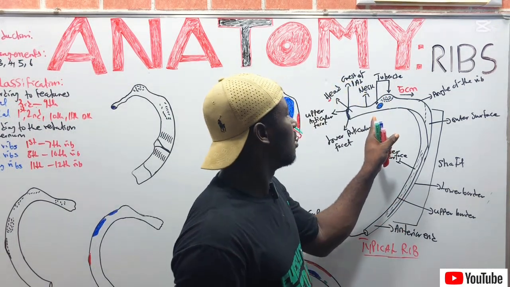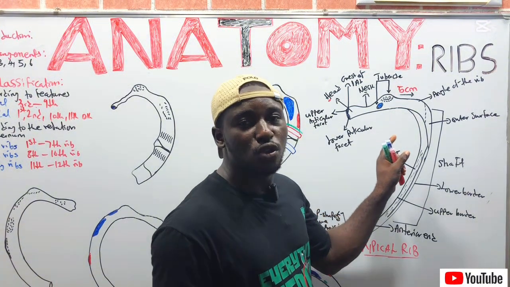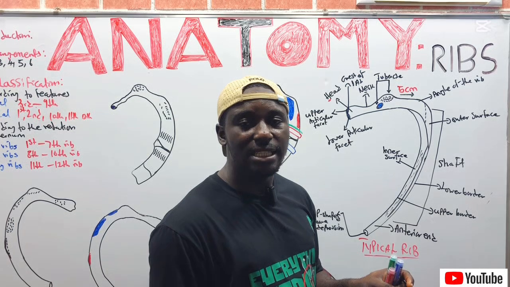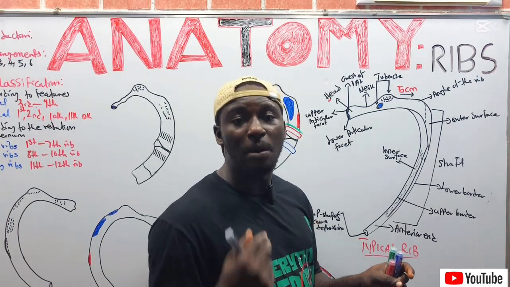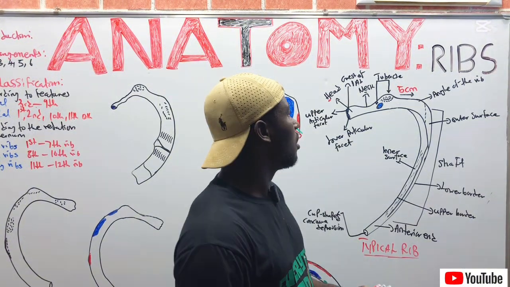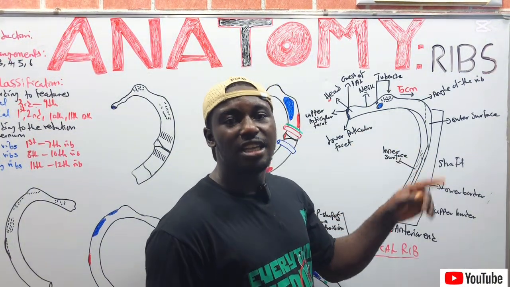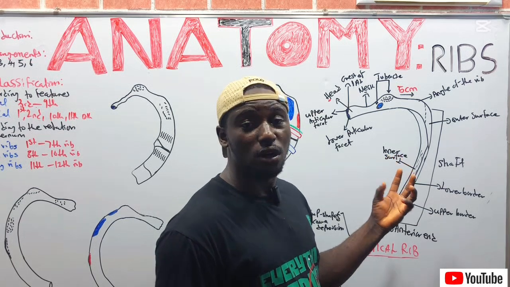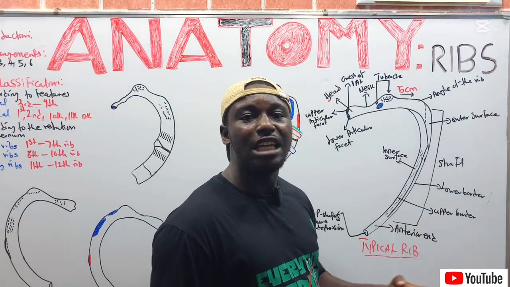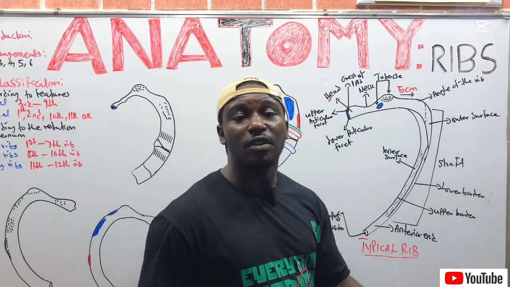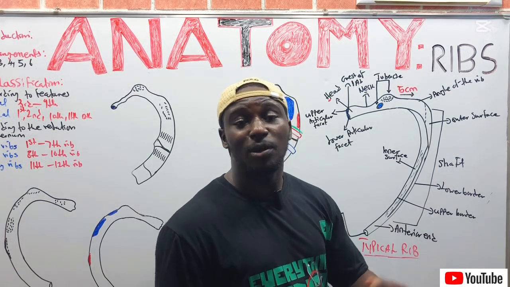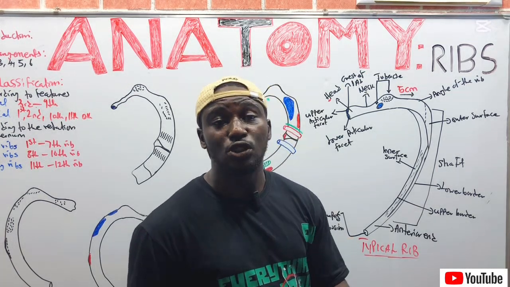The neck constitutes the two surfaces and the two borders, right? It has an upper border and a lower border, and also posterior and anterior surface, right? You have to understand that the neck is an important feature of this typical rib, right? It lies in front of the transverse process of the corresponding vertebra. That is for the neck. It lies in front of the transverse process of the corresponding vertebra, and it has two surfaces and two borders,